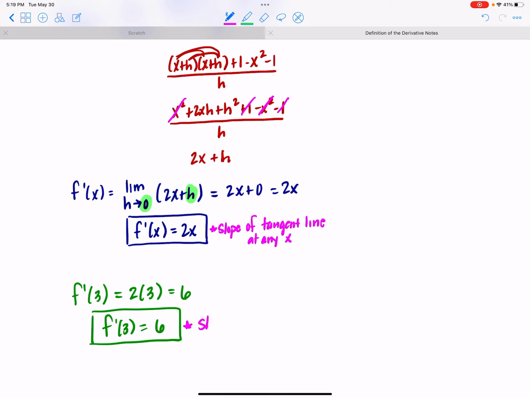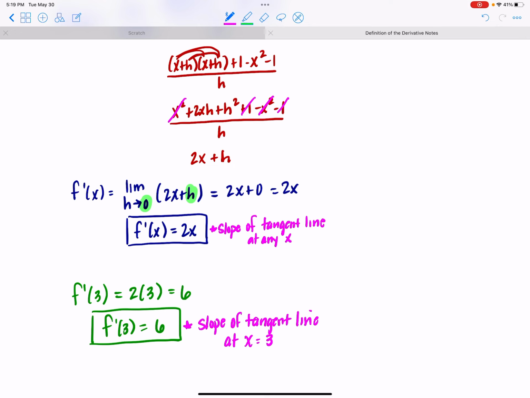So this is the slope of the tangent line at specifically x equals 3. Okay? So 2x is our derivative. 2x is an equation we can use to find the slope of any tangent line at any particular x value. If we input a particular x value, then we have the slope of a specific tangent line at a specific